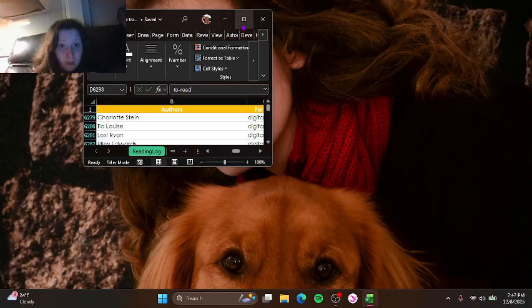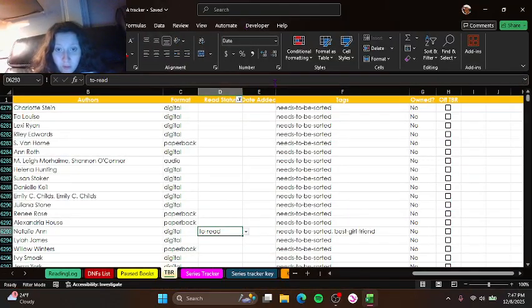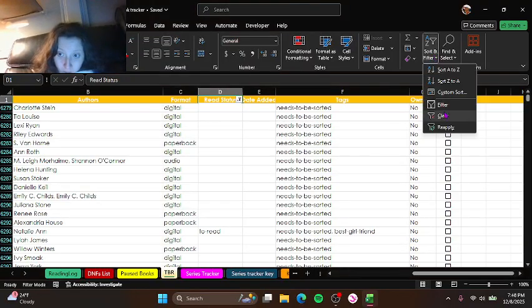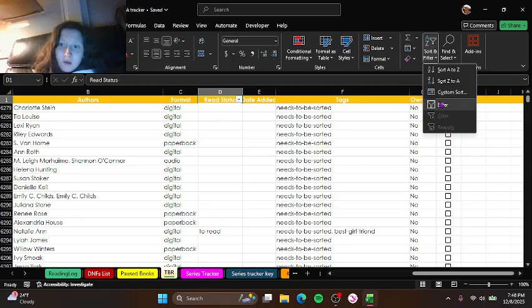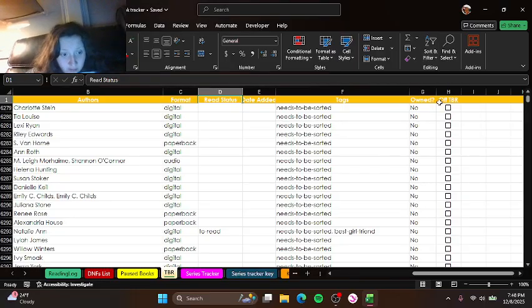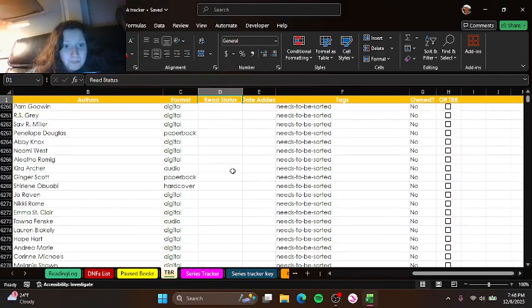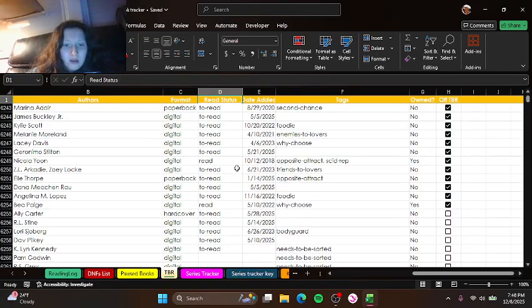It will pop up. Then we will turn this filter off, clear, and then turn that filter off is because